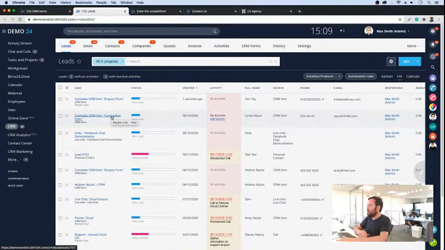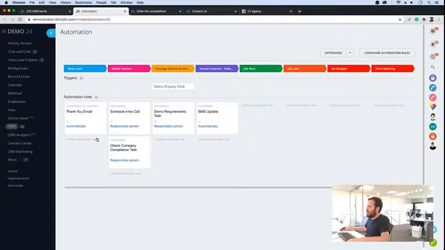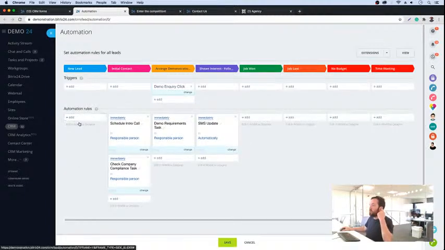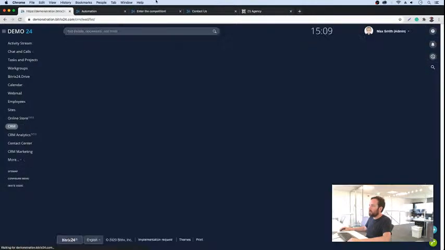So going back to the question that was asked, how can you trigger automation off on this competition entry compared to the inquiry form, because you don't want to send thanks for your competition entry to the inquiry form submission. So what you need to do is you need to go into the automation rules, and then in here what I'll do is just click on configure automation rules and just remove that first one on there. So let me just open up this tab here,